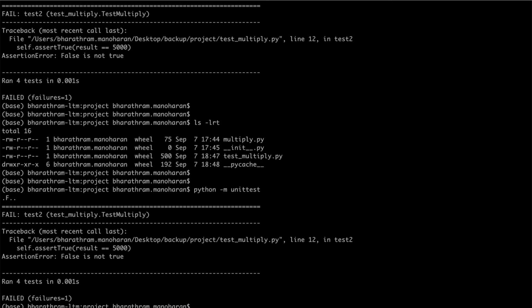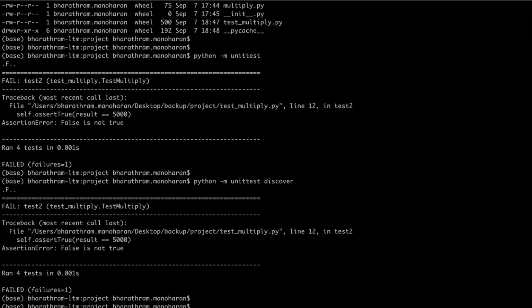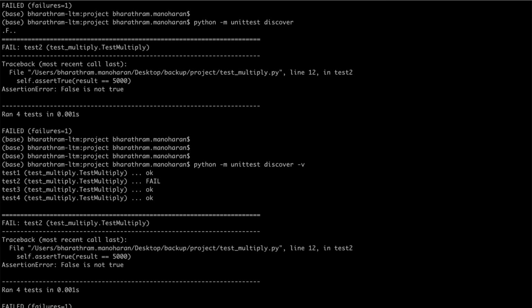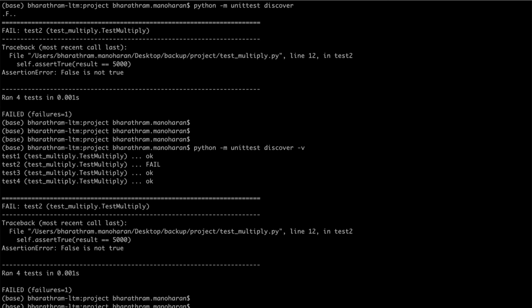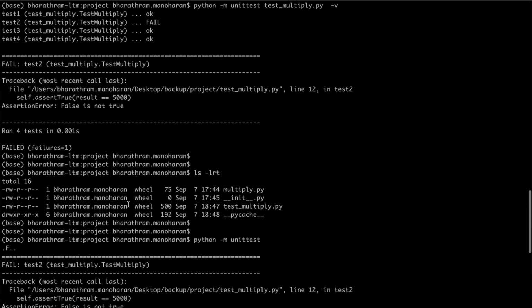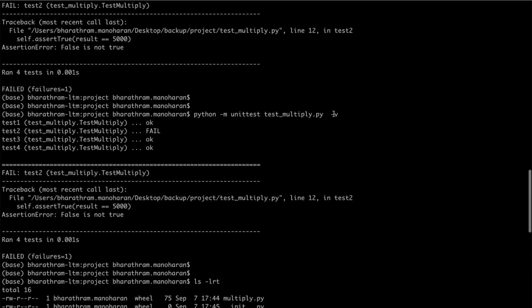And you can also use discover, and that does the same thing, right? And you can add -v here as well, just like this command, right? You saw this command, we added -v and it showed you all the test function details,